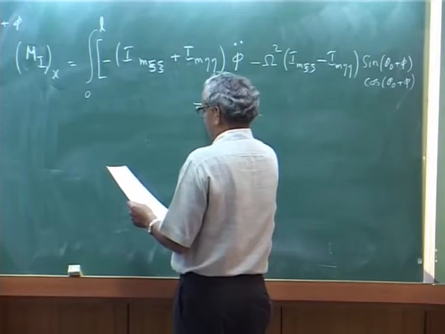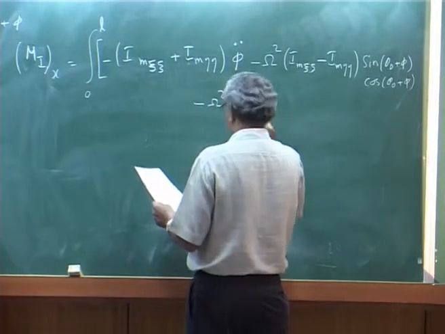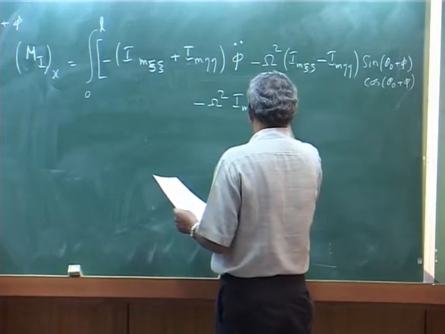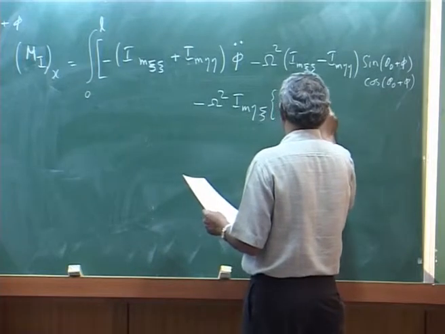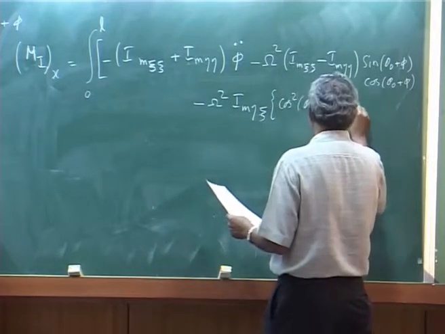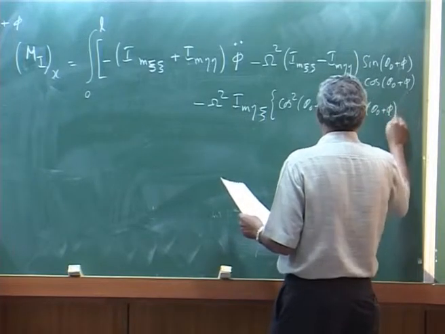Then minus omega square I m eta psi, cosine square theta naught plus phi minus sine square theta naught plus phi, okay,